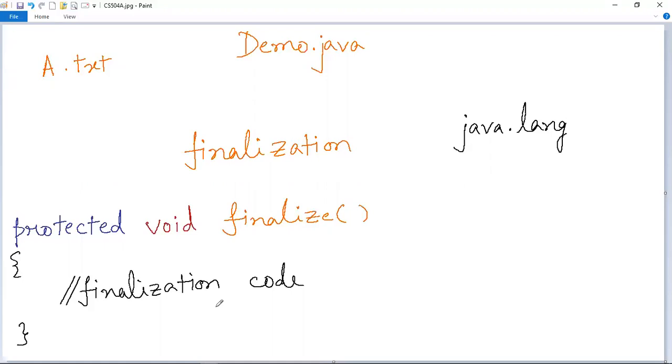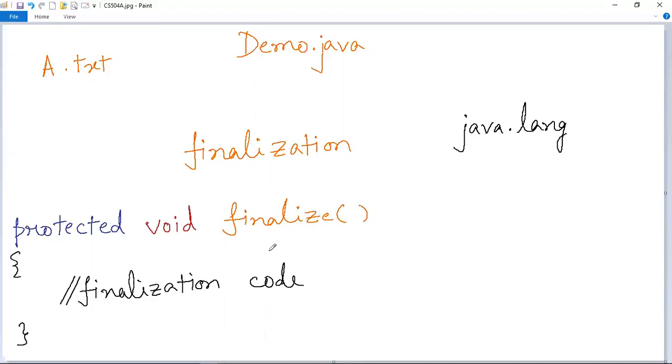And if you need to perform any operations before the object gets deleted, just like the one I have explained here, that in this case, this non-Java resource must be freed from this Java file before the memory for this file or this program gets deleted. If you want to free this file from this Java file, then you have to write down this operation inside this finalize method body. And this is how this garbage collection works.